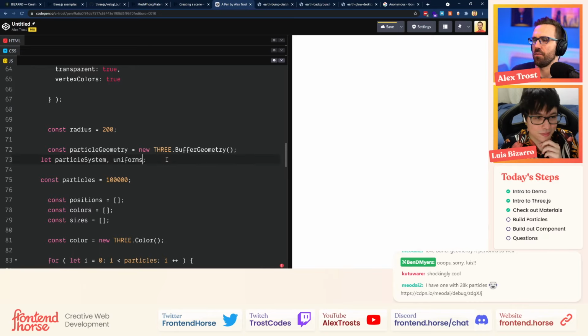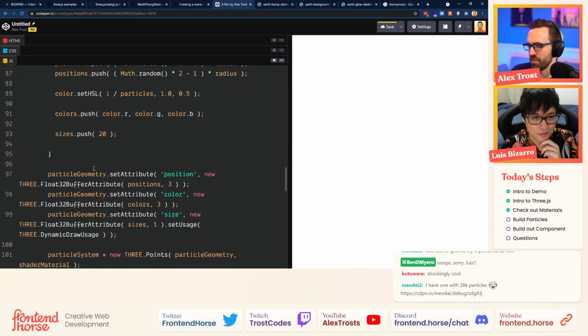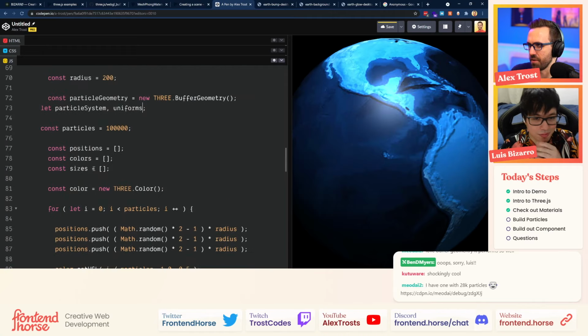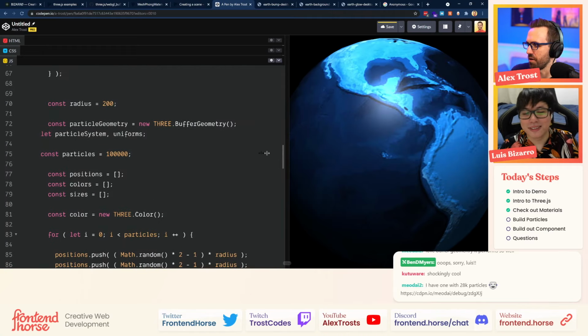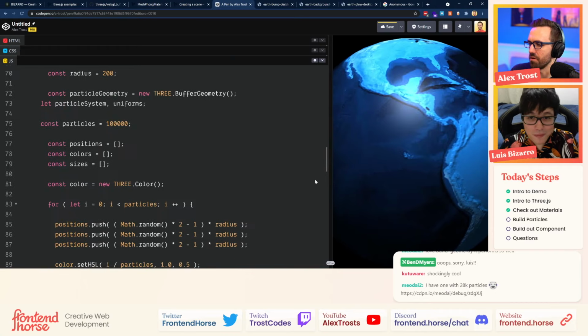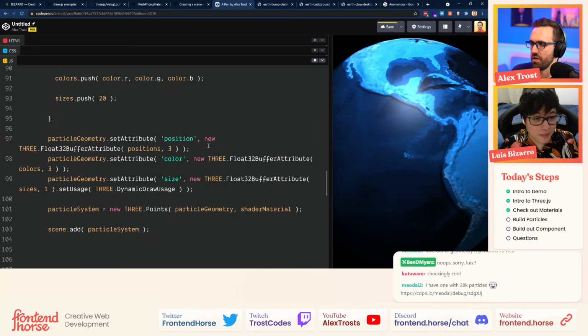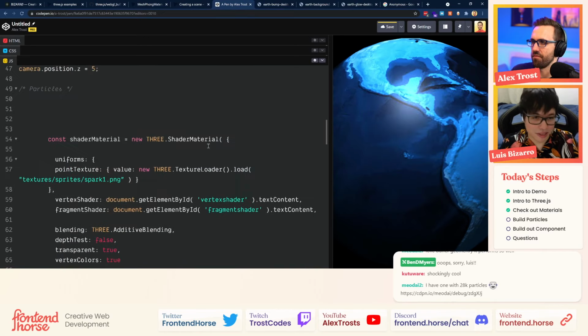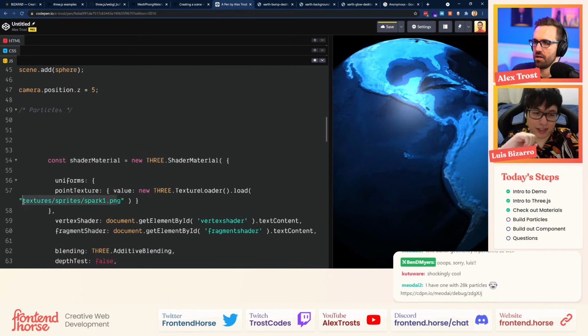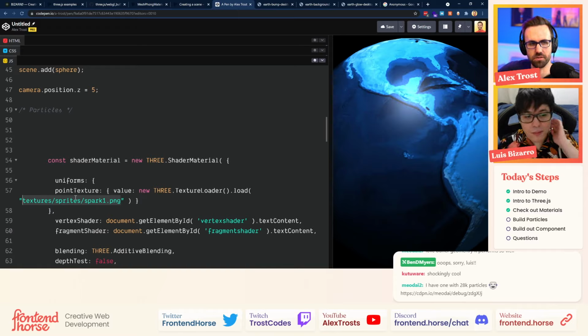Wait a minute. We had geometry and now particle geometry. Did we replace both of those? I think we did. Are we good? Cool. It's not broken anymore, so that's good. Now we just need an image to display the particles. I think we have the vertices and everything there. It's just not loading any map for the particles. That's why we cannot see anything. Should we grab this one from here, or should we do something else?